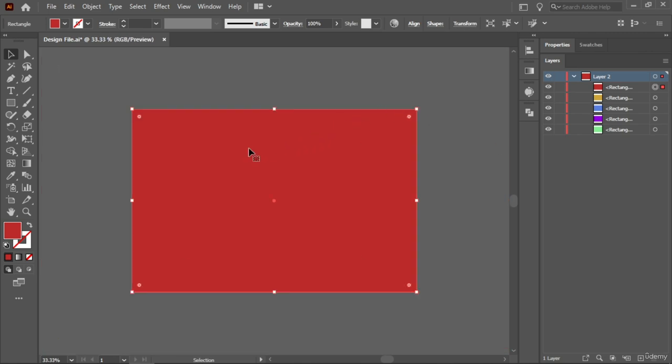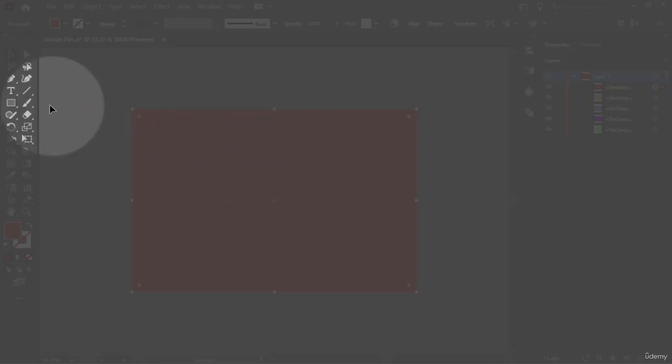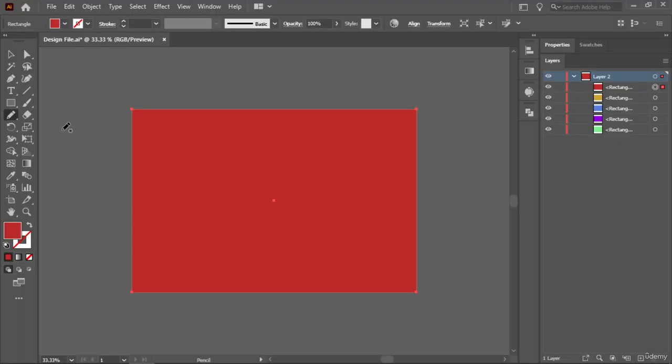Okay, so after you're done, all you have to do is simply select the pencil tool. So here is the pencil tool, and we will basically make cutouts inside these. Let me show you how. So I will draw a random path over here like this,